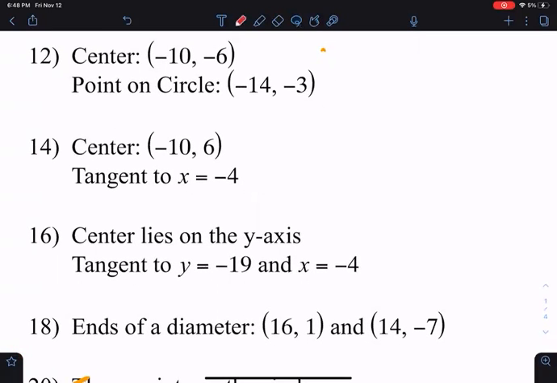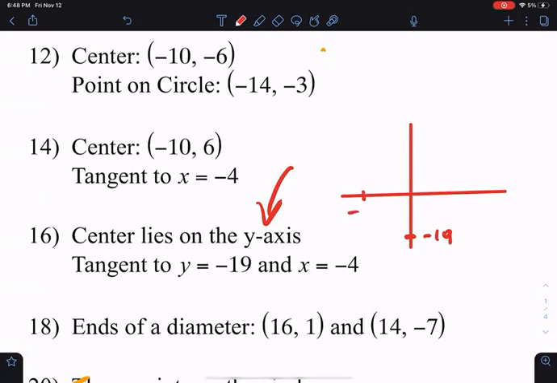Okay, your friend Carlos had a good question about this problem. It was a little tricky. So let's go over this. It's not difficult, it's just a little bit tricky. The center lies on the y-axis, and the circle is tangent to y equals -19 and x equals -4. So that means it's tangent to this, right? And tangent to that. So the only thing you need to figure out is that,